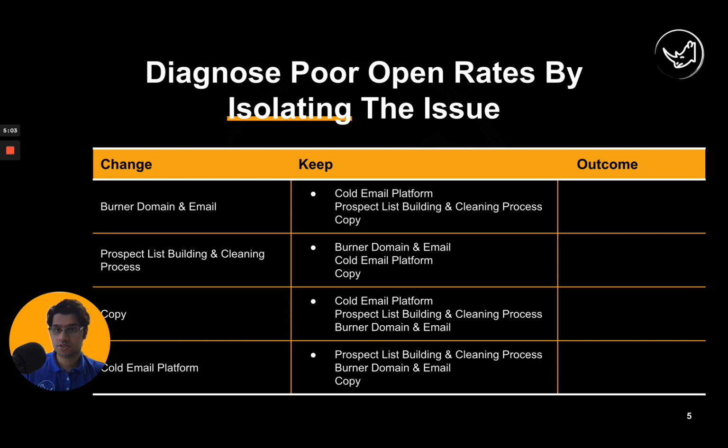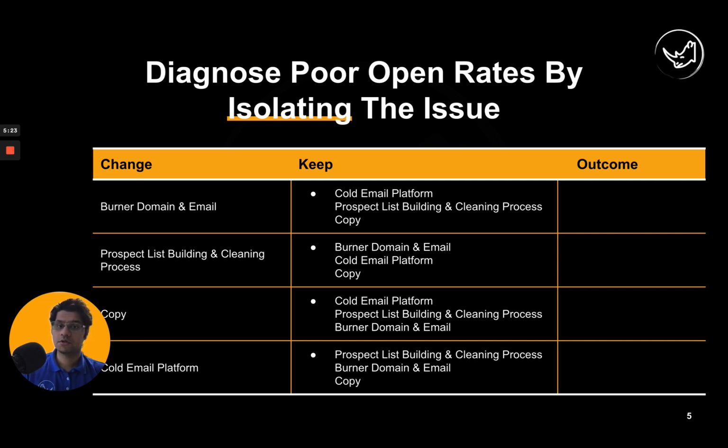Let's go on to the prospect list. Okay, is the list well researched? Okay, great. Am I using the right cleaning tools? Am I sending to valid emails only? Okay, once you've identified that's good, then you go into copy and you look at two things. You look at preview text and you look at call to action, and you're trying to understand whether or not this resonates